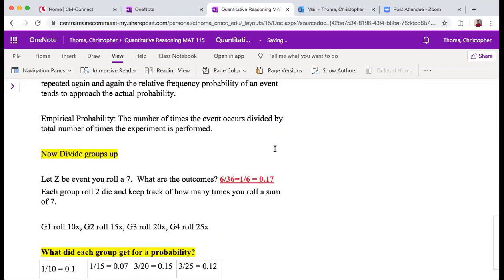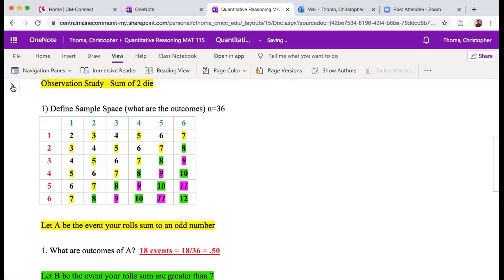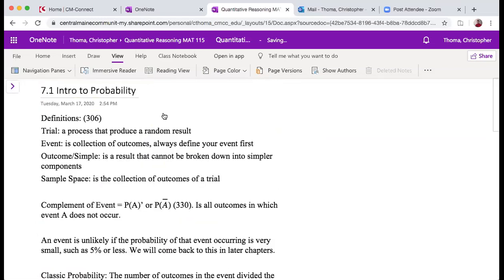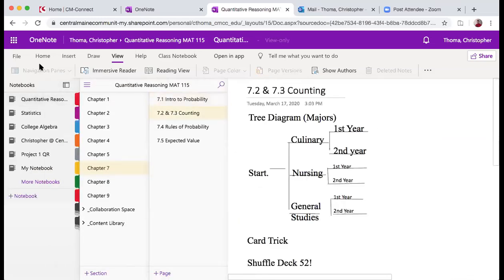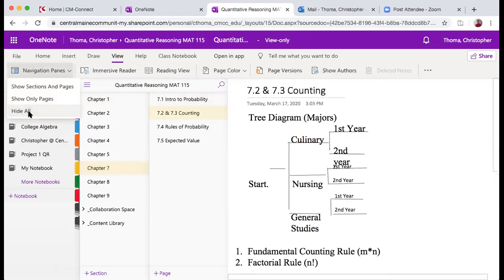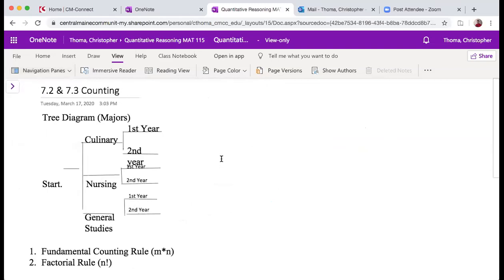All right, so if we go on to 7.2 and 7.3, there we go. Hide all. Our book actually does really well at talking about this tree diagram, which mine, I've got to rebuild. It doesn't look the greatest. But what's interesting about this tree diagram is